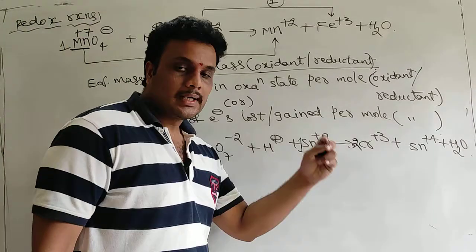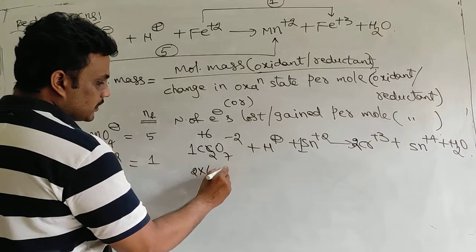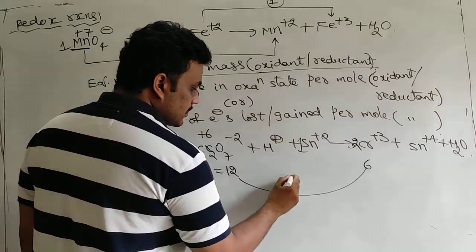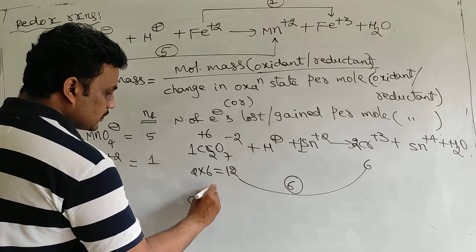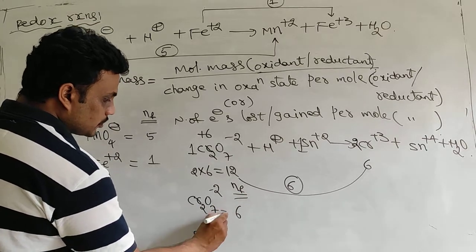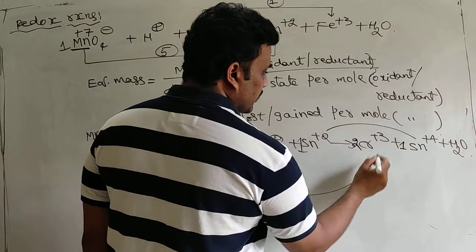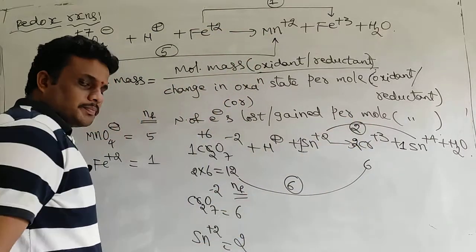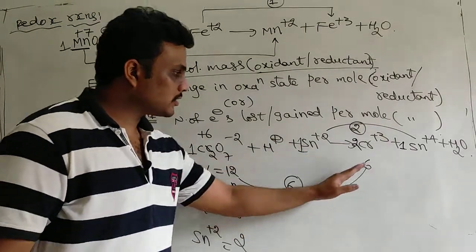Right side also you take the same number of chromiums. So chromium is in +6 oxidation state. So 2 into 6 it is coming 12. 2 into +3 it is coming 6. What is the difference here? 6 units. So N factor of potassium dichromate is coming 6. And what about N factor of Sn +2? 1 mole 1 tin, 1 mole 1 tin. Both side number of tin is same. +2 to +4. Difference is coming 2. N factor is 2. Okay, so N factor of reducing agent is 2, N factor of oxidizing agent is 6.